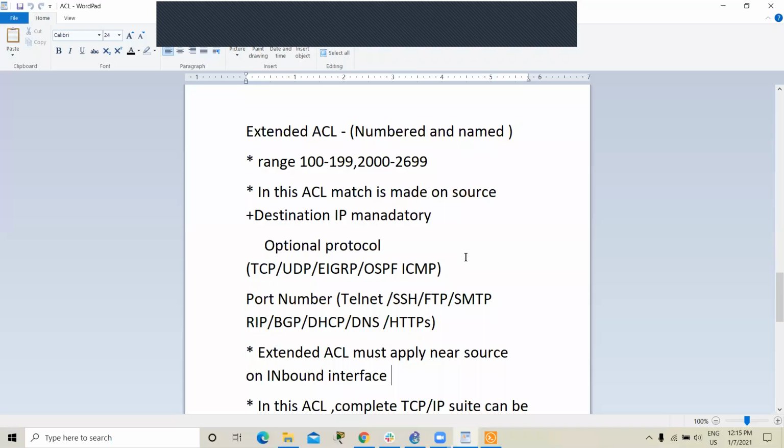So what is the extended ACL? The range starts with 100 to 199, and the second range is 2000 to 2699.